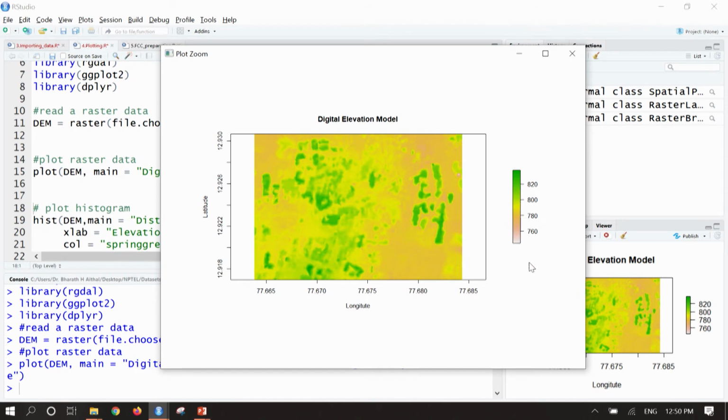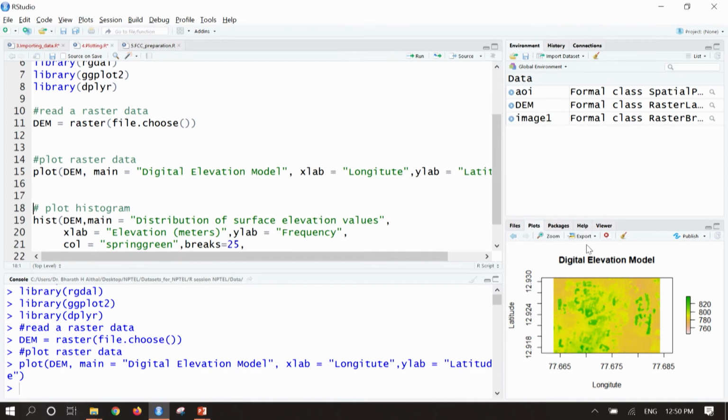On the right side we can see the legend showing elevation varying from 760 to 820, with varied colors. The plotted map can be exported into PDF or image format using the export command. Here if you click on image, it will get exported into image format. If you want to convert it into PDF, that also can be done.